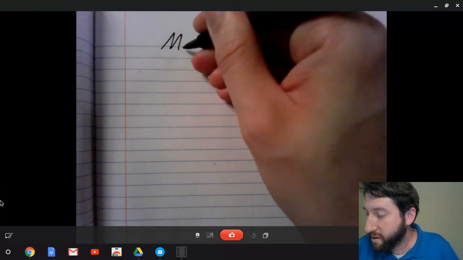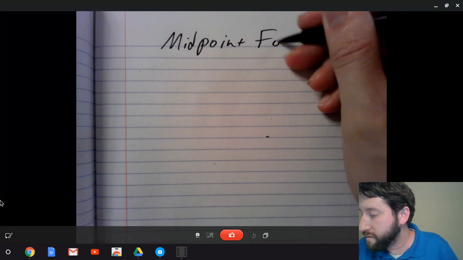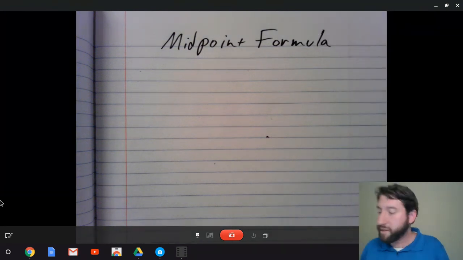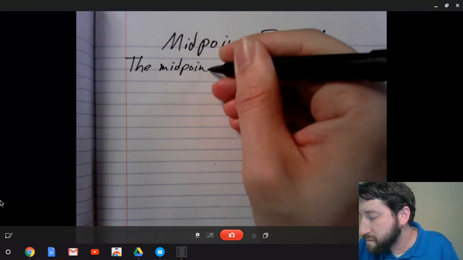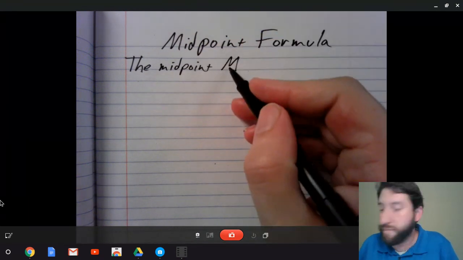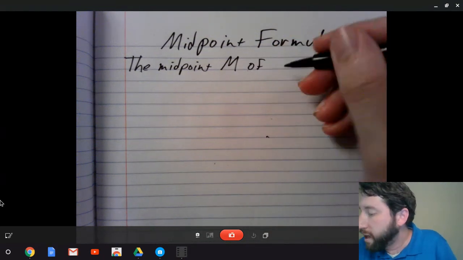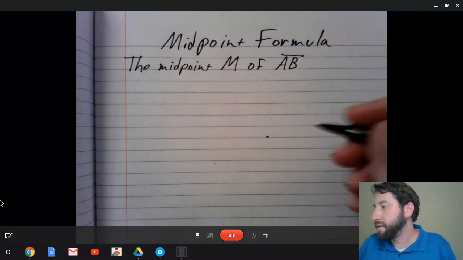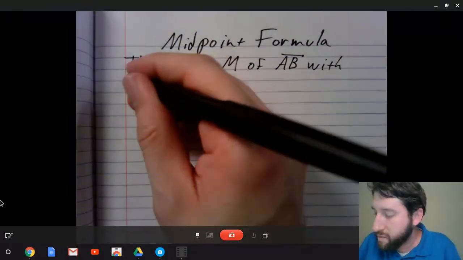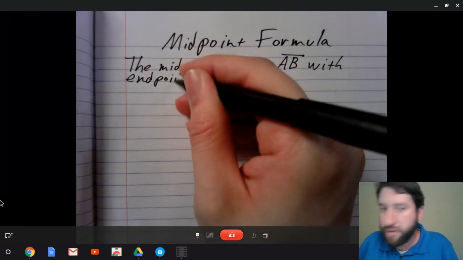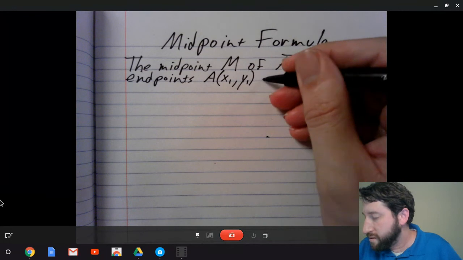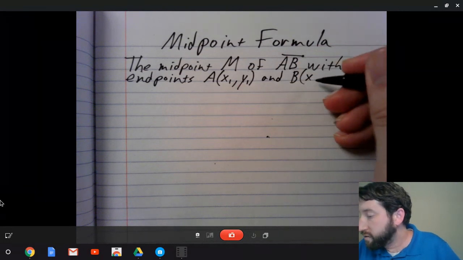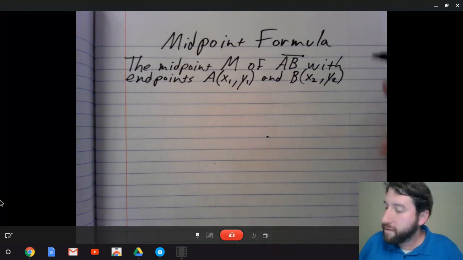Now that we had all that build up, it's time to actually show the midpoint formula. It's actually fairly easy, but let me write it out here. So the midpoint M, when we're talking about points, we always have to have a name for them. So midpoint M of, let's say, line segment AB with endpoints A of (x1, y1) and B (x2, y2) is given by